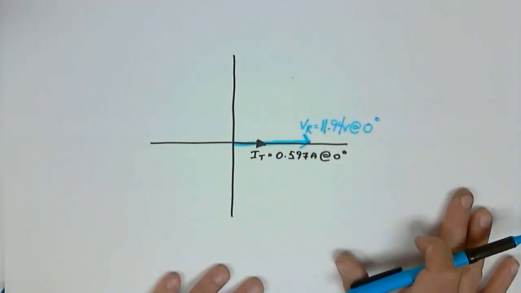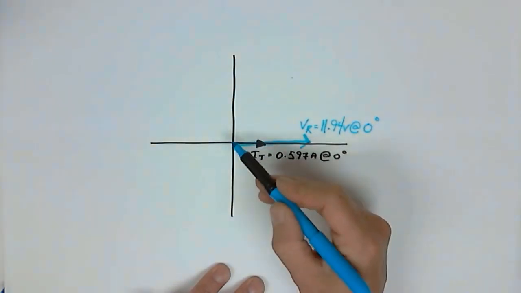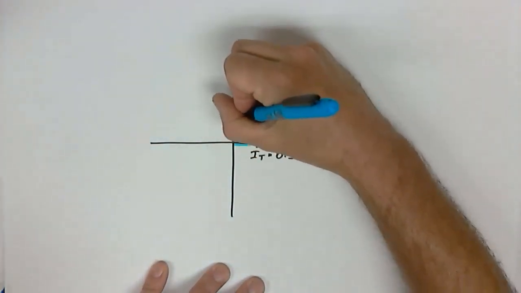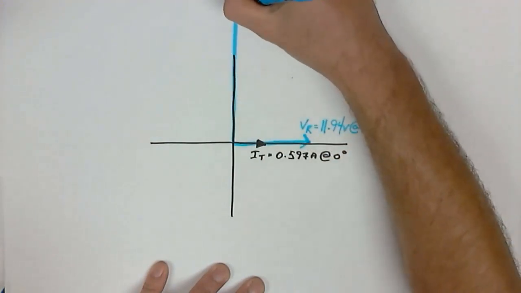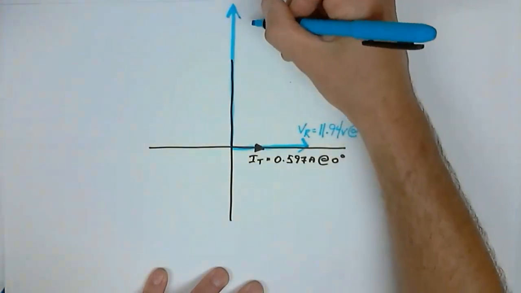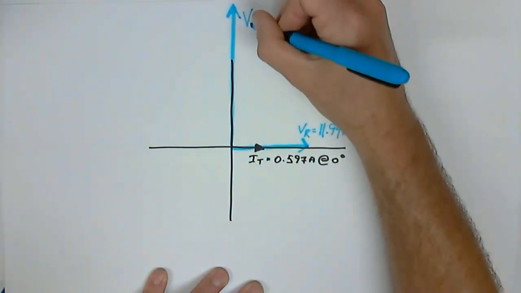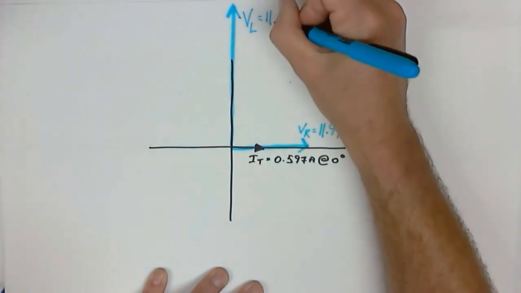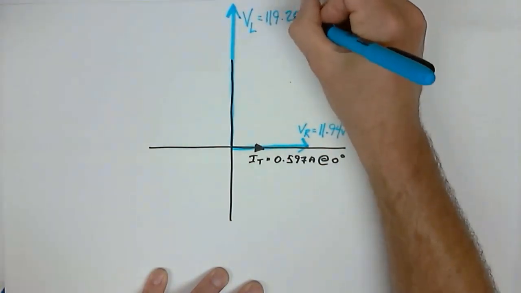It is certainly larger, and it is going to be vertically up here, isn't it? So here, I'll make it as long as I can. This is the voltage of my inductor, which was 119.28